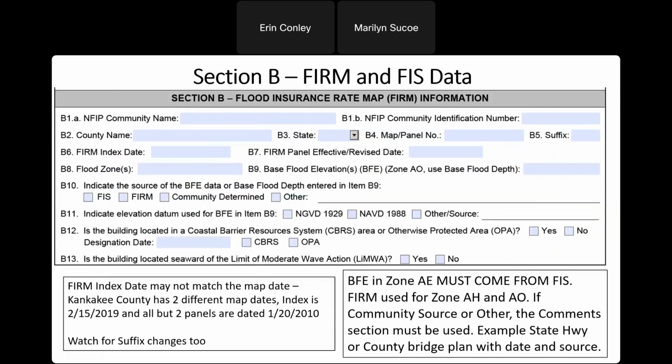Section B is the firm and flood insurance study data. The form asks